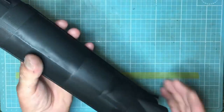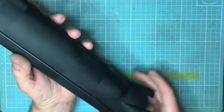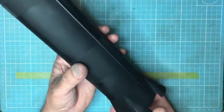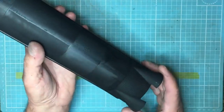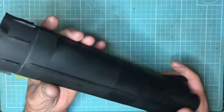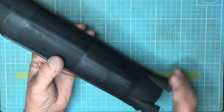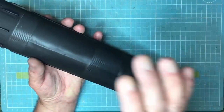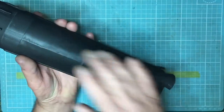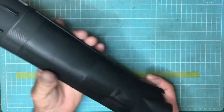What we're looking for, this is just a base coat. I can put some Tamiya black or something on it and then sand that back and see how it looks. But basically this is all about perfecting these seams. To be honest, I'm going a little overboard here because most of these seams are white. With white it doesn't show up, so if you have got any slight imperfections, they probably won't show up in white anyway. Plus it's going to be painted black, then it's going to be painted white, then it's going to get a satin varnish coat, or it's going to get a gloss coat for the decals,